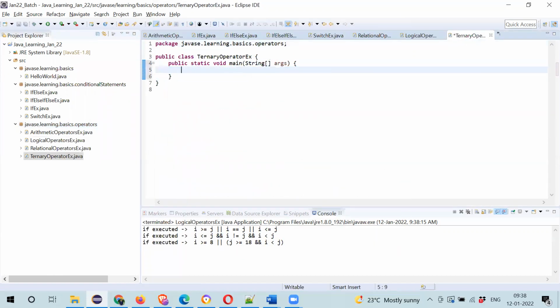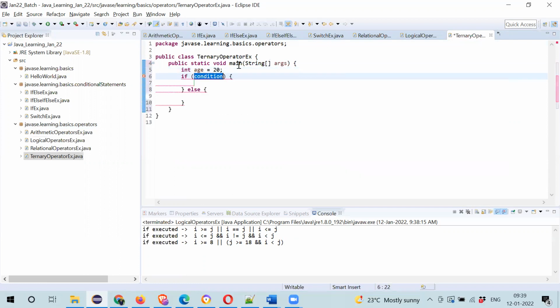Now, with if and else condition, let's say int age equals to 20. How can you write it? If age is greater than or equals to 18, then you give a string. Let's say I take a string s equals to empty first of all, and I will reassign it. You can reassign s equals to